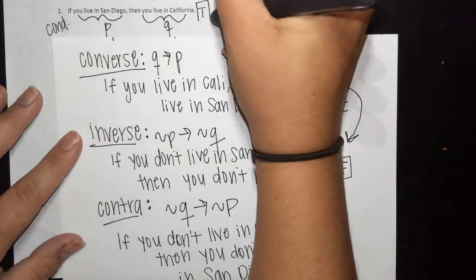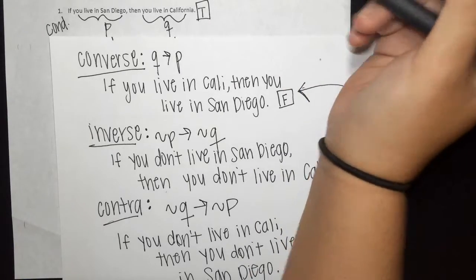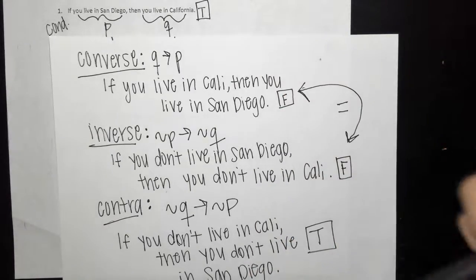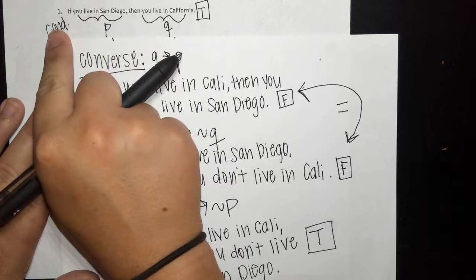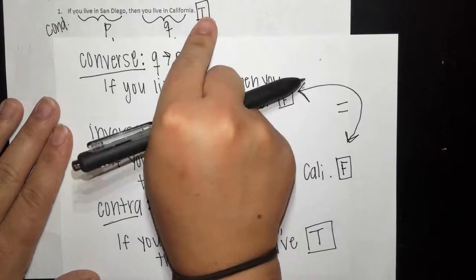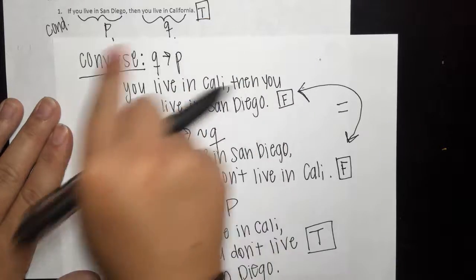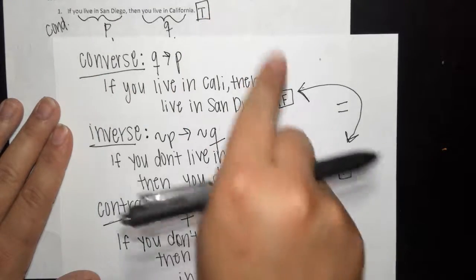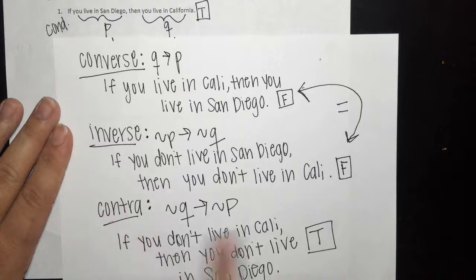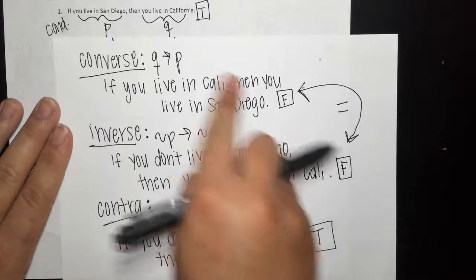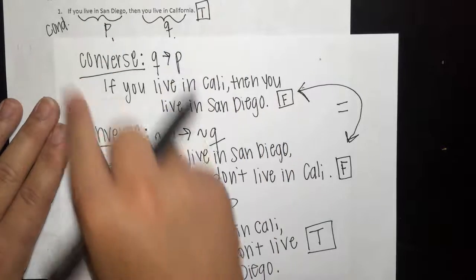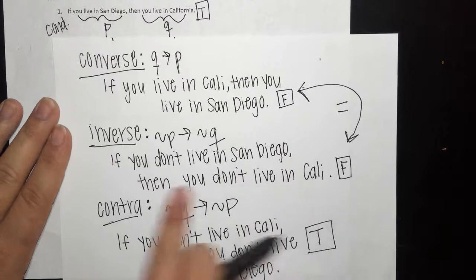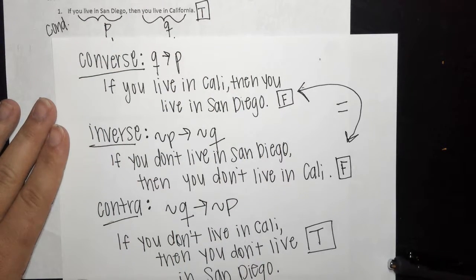Hey guys, one last thing, then we're going to practice. All four of these can be the same thing, but here's what has to happen. You have to determine if your conditional is true or false. Then you need to determine if your converse is true or false. Based on those two, you can figure out these. Because if your converse is false, then your inverse is false. If your conditional is true, then your contra is true. I get it. Okay? Now, the hardest part, honestly,